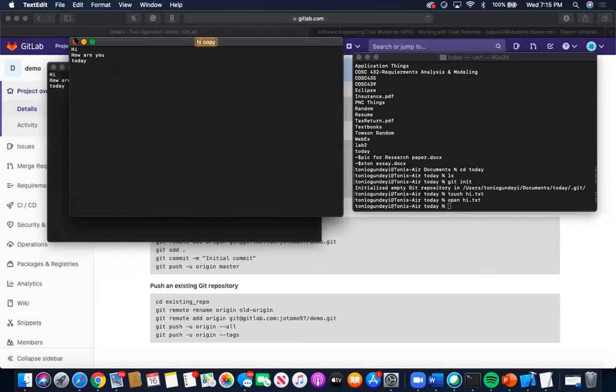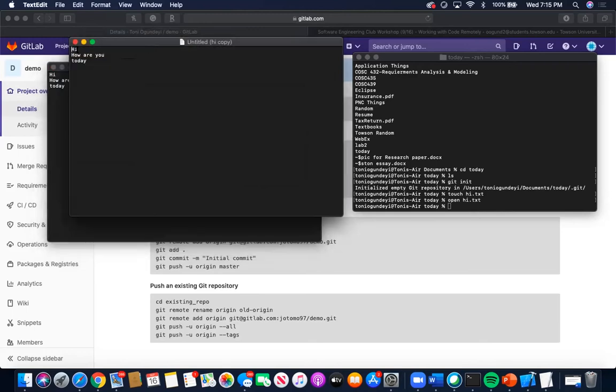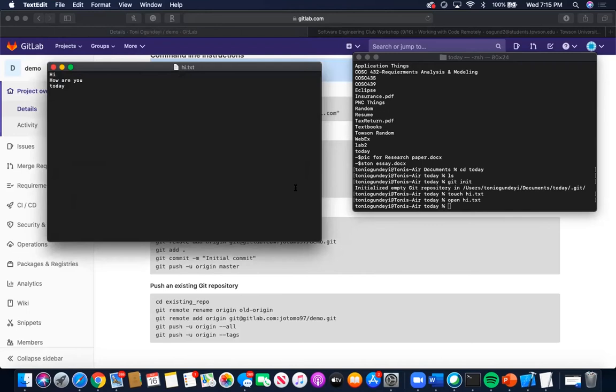Oops, no. Sorry, I just want to work with this one. I'm going to save this one. And let me just go ahead and delete this one real quick. I'm going to save this one, and then I'm going to go ahead and run git status. Back in my terminal, I'm going to run git status,